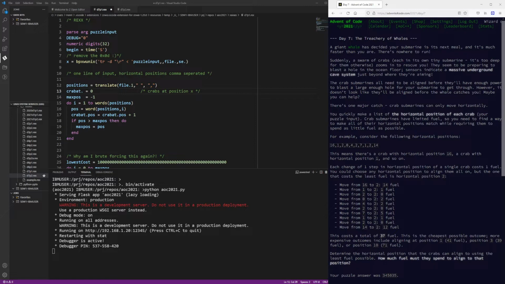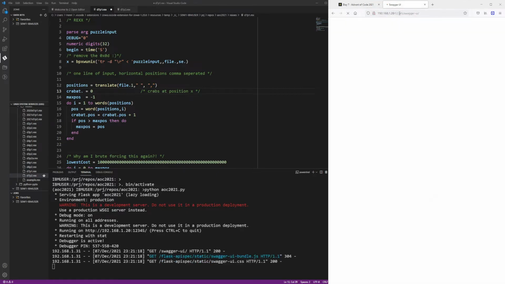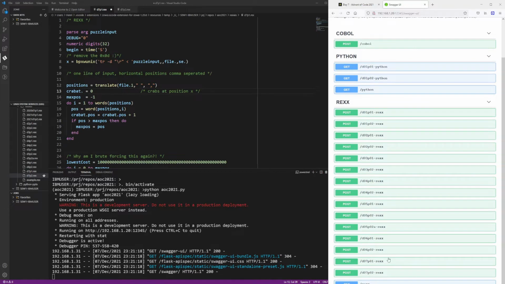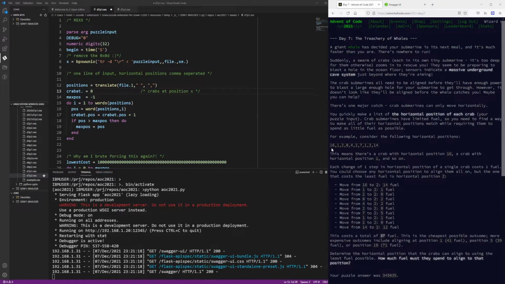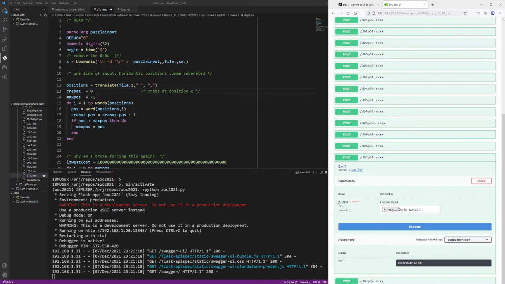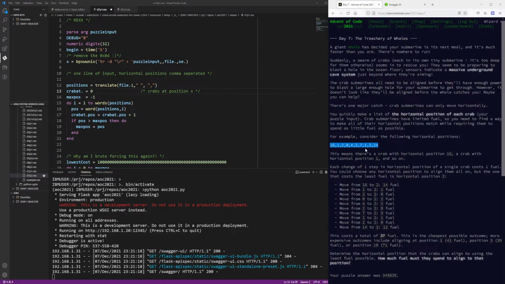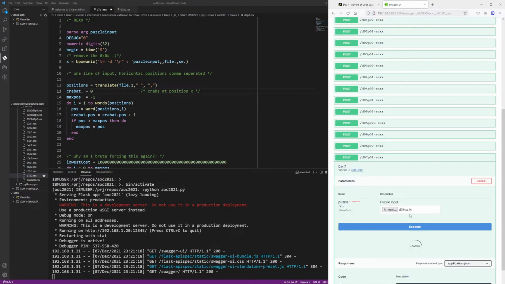So I did solve part 1, that we can see probably when I go to our little API Swagger endpoint. Go to part 1. Maybe we first run it with our example input, these couple of crabs at these positions. So again, you won't see me selecting the file for some odd reason, but I'm opening the example input, which is basically this example line. And then when we run it,